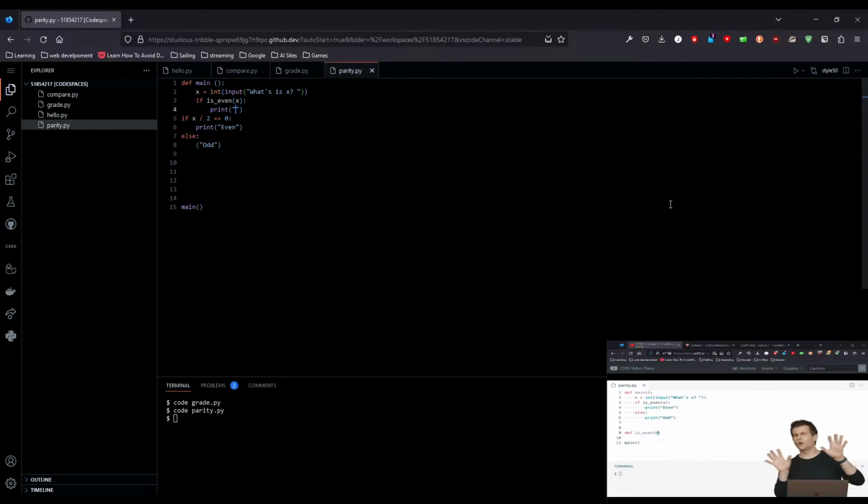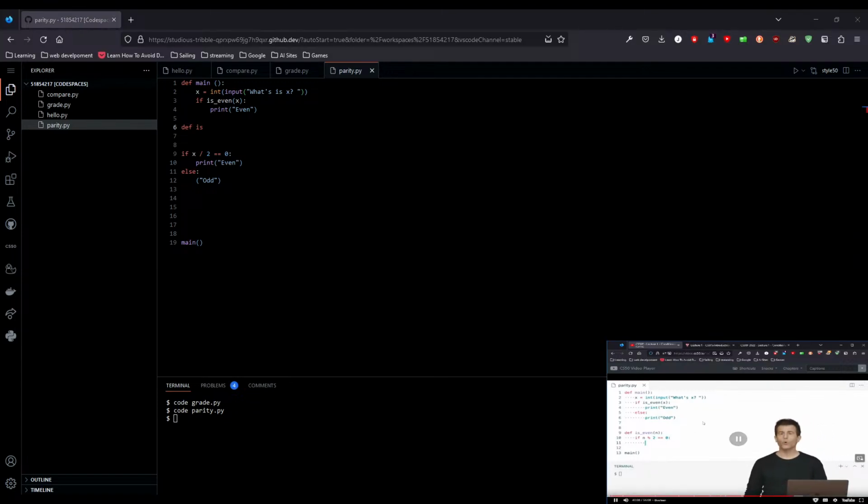I could call it x, but again, I don't want to confuse myself as to which x is which, so I'm going to give it a different name, and that's fine. I'm just going to call it more generically n for number. And then I'm going to do this. I'm going to say if n%2 equals 0, just like before, then, and here's the magic, you, the programmer, can actually return